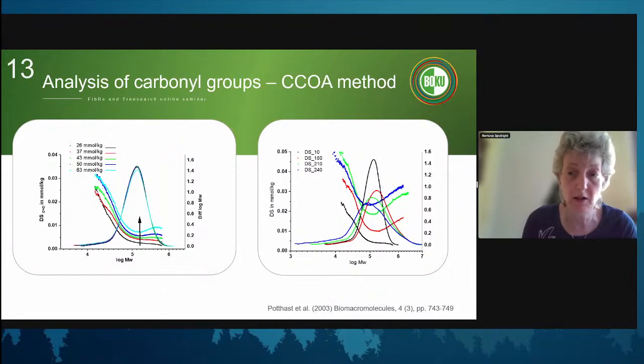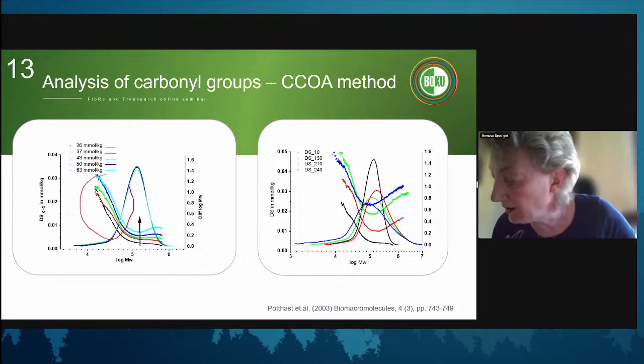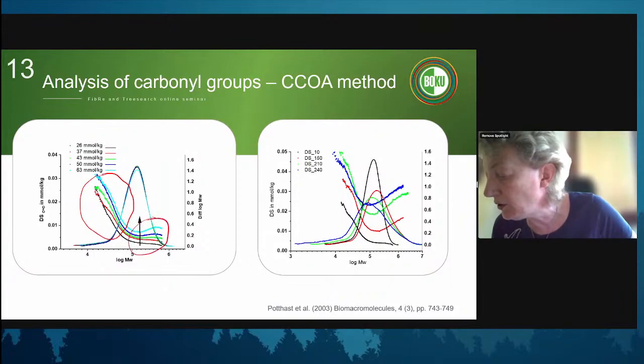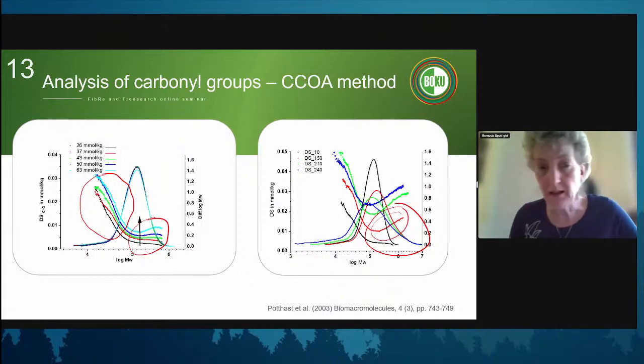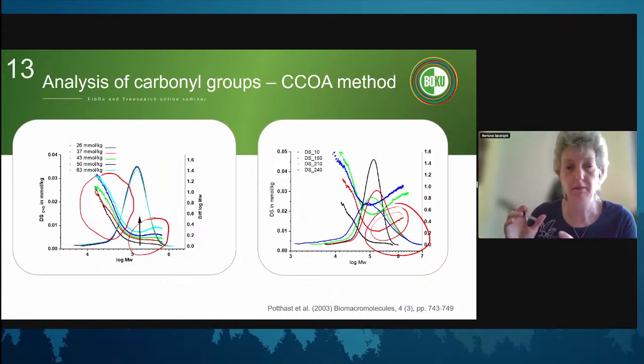And we see that here on the left side. The major introduction happens here in the smaller molar mass areas, but we also introduce some in the high molar mass area. If we increase even our degree of oxidation, we see cross-linking. So we have an increase, or an apparent increase, in molar mass and also carbonyl groups here. That is basically carbonyl groups along the molar mass distribution.